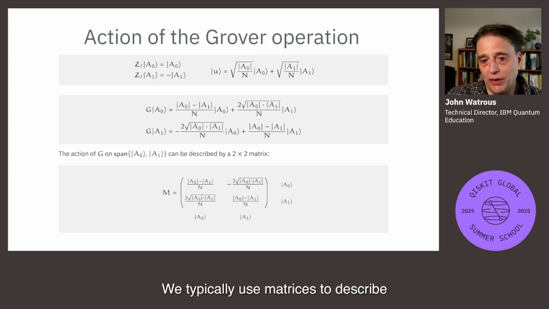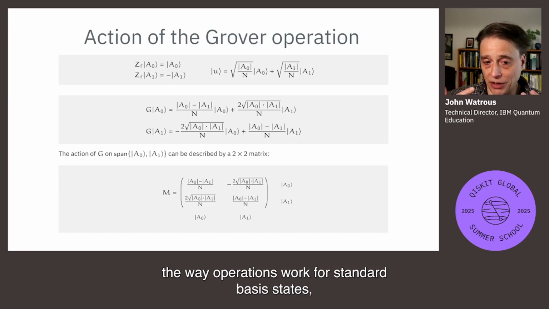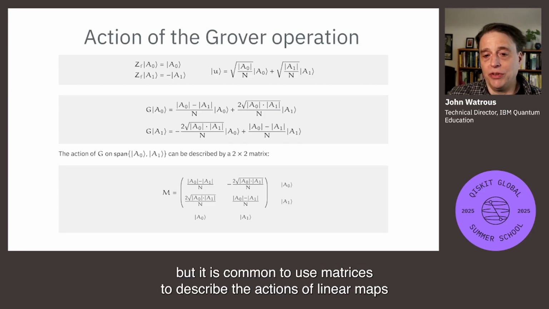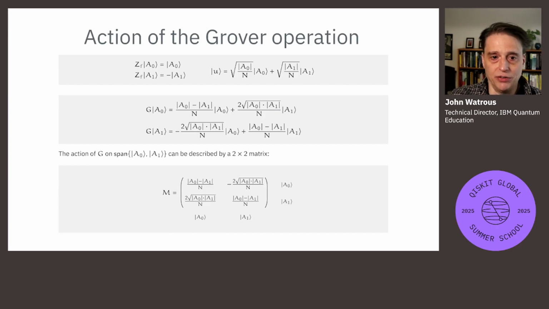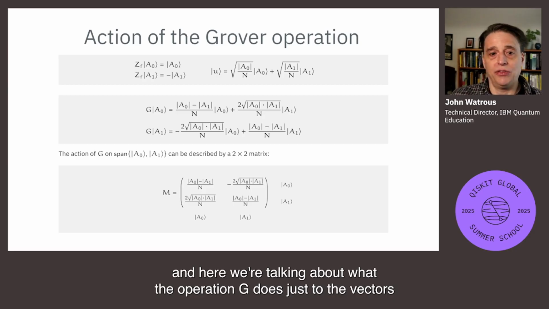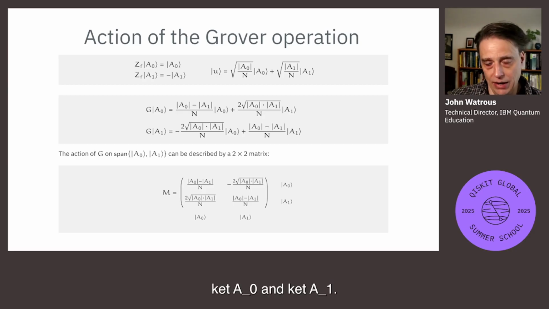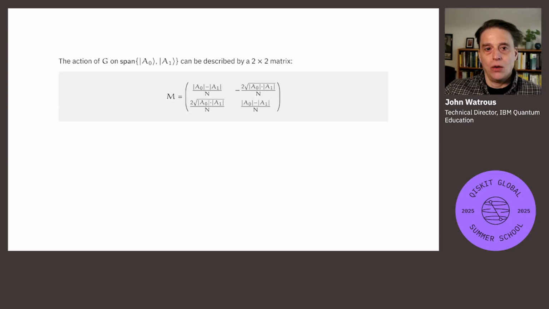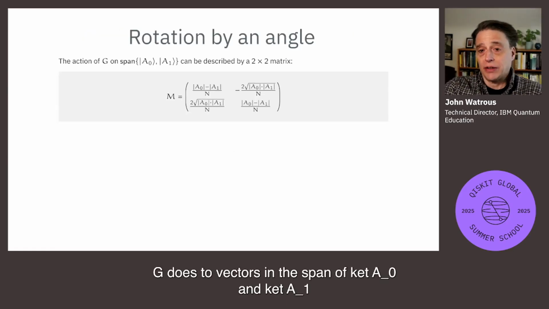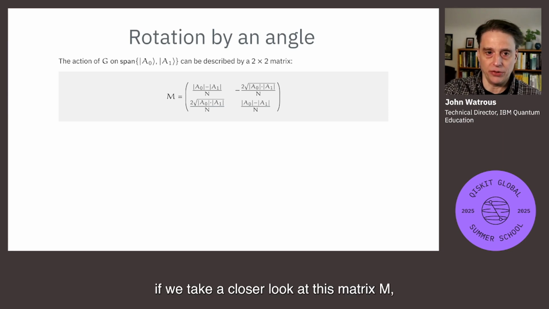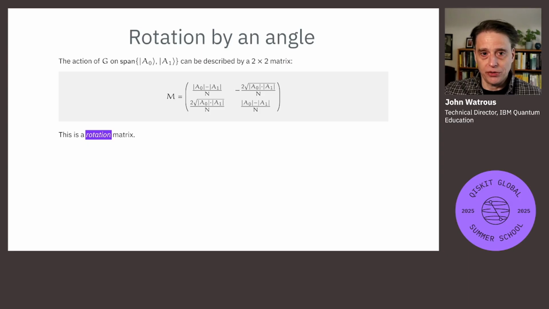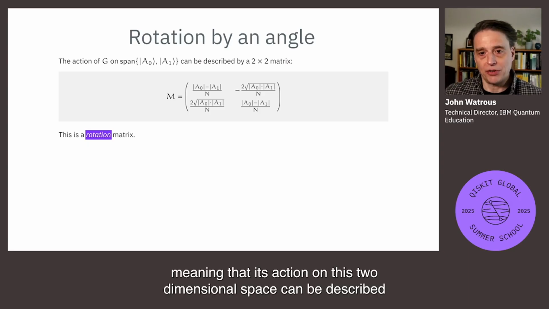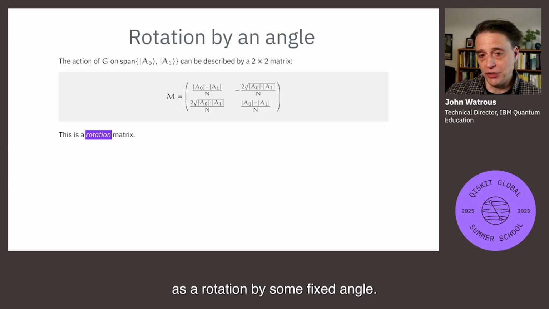We typically use matrices to describe the way operations work for standard basis states, but it is common to use matrices to describe the actions of linear maps on different sets of vectors, not just standard basis vectors, and here we're talking about what the operation G does just to the vectors ket A0 and ket A1. We can say more about what G does to vectors in the span of ket A0 and ket A1 if we take a closer look at this matrix M. And in particular, what we'll find is that M is a rotation matrix,